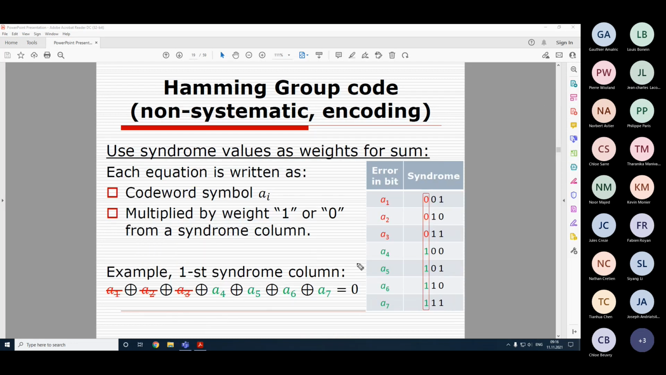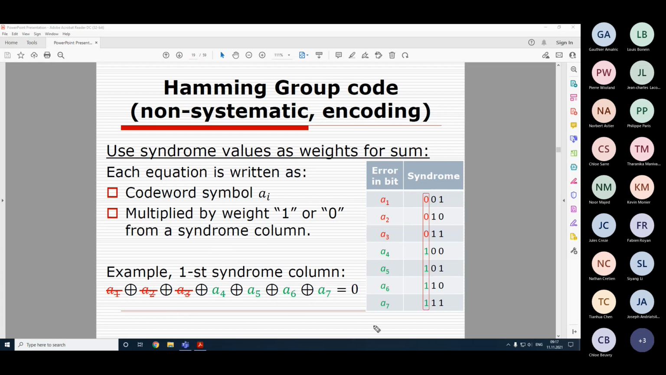So we take only those symbols into our equation and add them up together, which have 1 in the syndrome. So for the first column, A1 has 0, we don't take A1. A2 is 0, we don't take A2. A3 is 0, we don't take A3. But A4, A5, A6, and A7 all have 1s, so we take them into the equation, add them up together, and set them equal to 0. So that is the first equation,